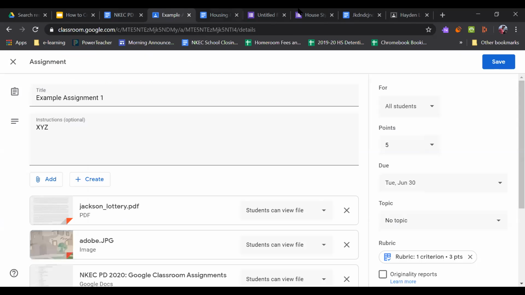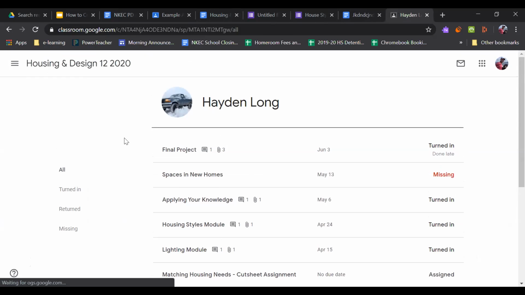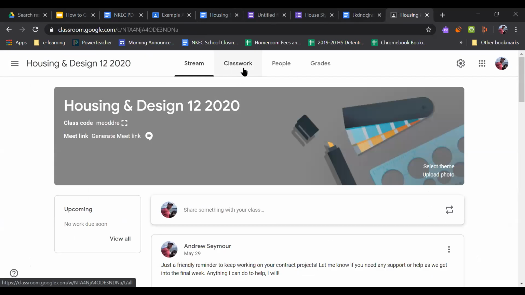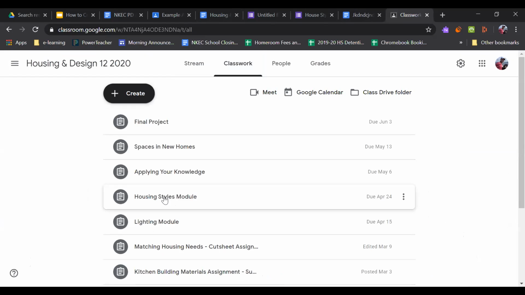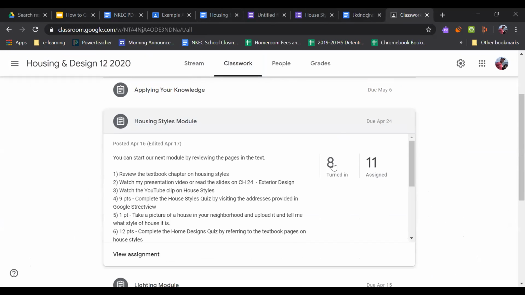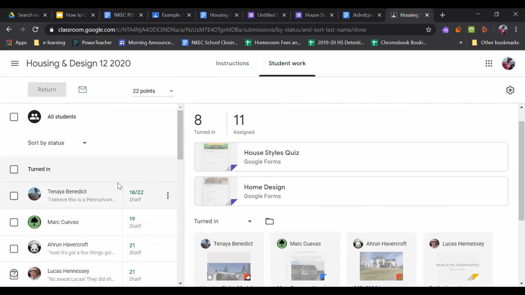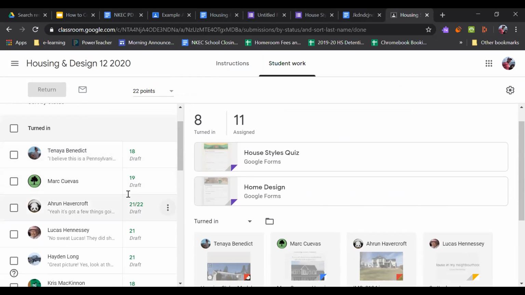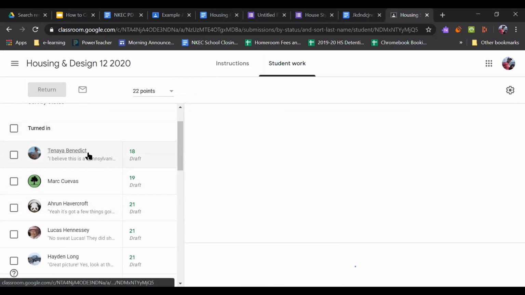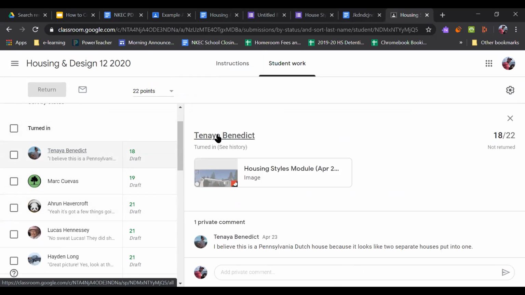And the only other thing I wanted to show was entering marks. So let's go back to my housing design class and look at our classwork. And let's look at the housing styles module and look at the students that turned it in. All right, so down the left-hand side here, you can see there's a couple different things. So when we click on Tanea's assignment here,